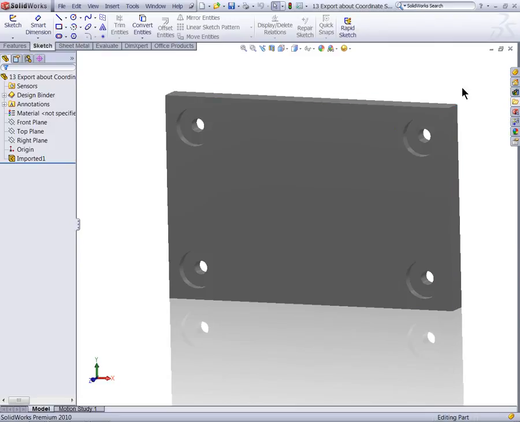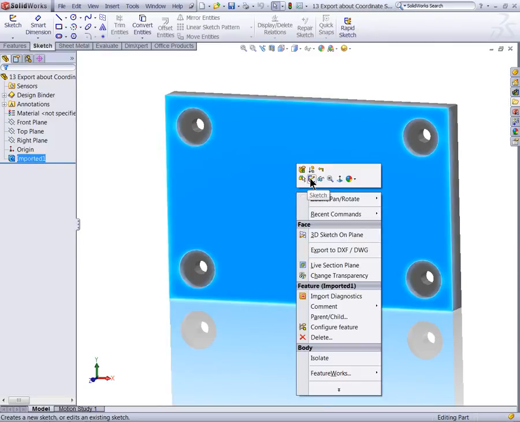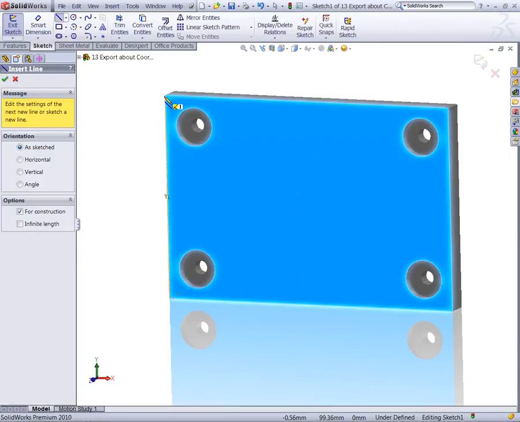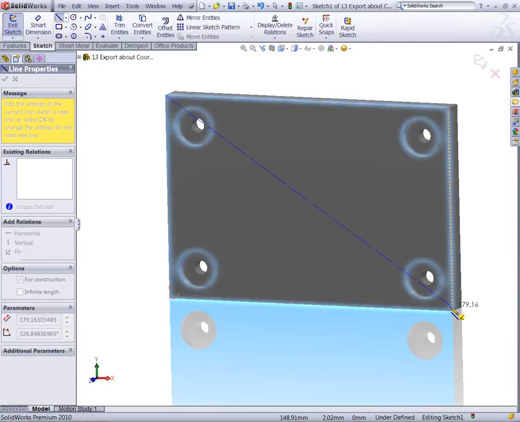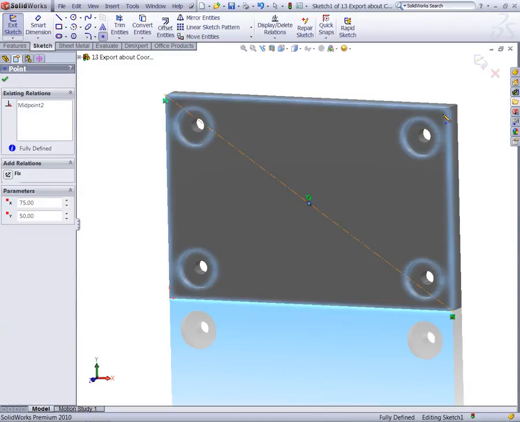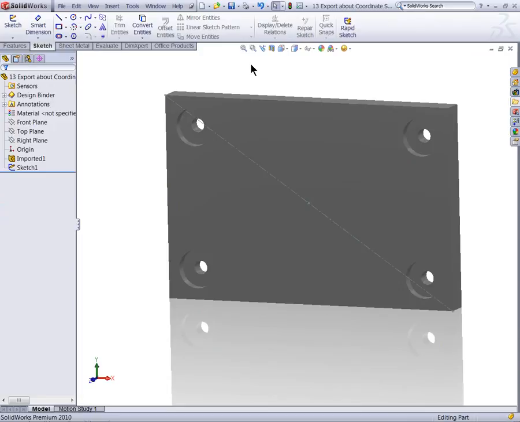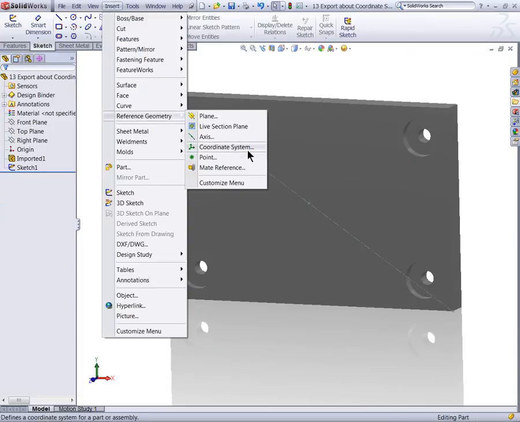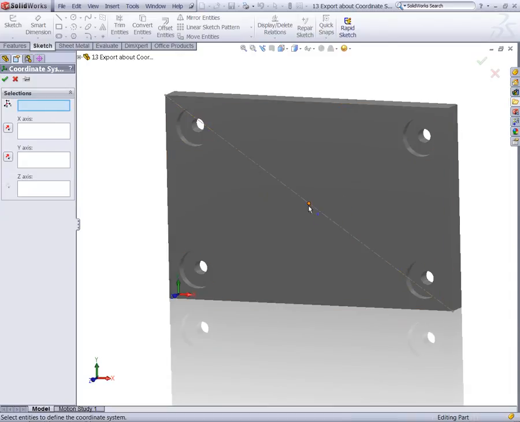Now, if I did want the coordinate system in the middle of this part, then I may need to drop in a sketch, perhaps draw a center line corner to corner. Okay, then drop in my point here in the middle. That way I have something to reference my coordinate system on. So again, insert reference geometry coordinate system, specify the origin,